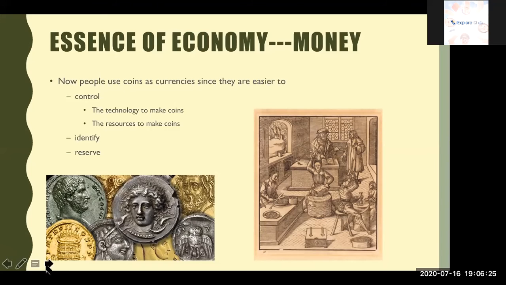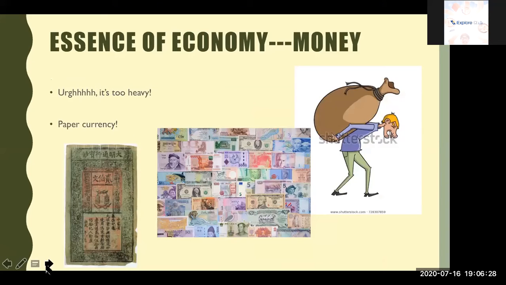But then there's one more problem, because the coins sometimes can get really heavy if you're really rich. And the dude on the right is carrying all his fortune on his back. And I believe that happened around the time. So when people became too tired of carrying all their money around and it being so painful, they decided to use something lighter, paper. So the paper currency was then invented.